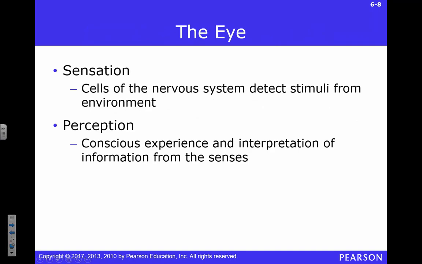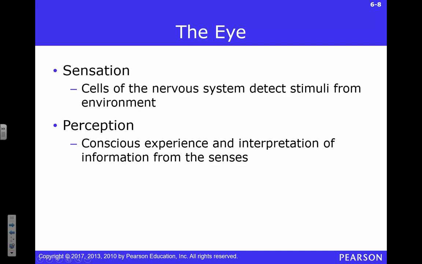Anybody in my sensation and perception class? No, nobody's in that class? Great. I didn't want any of you in there anyway. That's why I registered it that way, Abby, just to make sure. If this really excites you, you should think about taking that class, because we go into a lot of detail on different sensory systems.